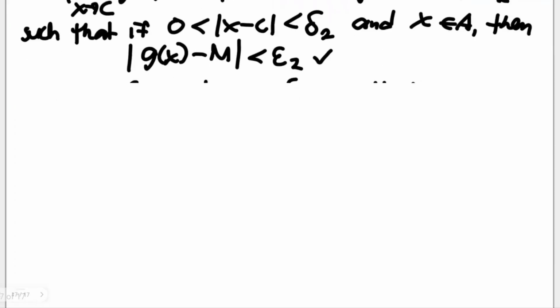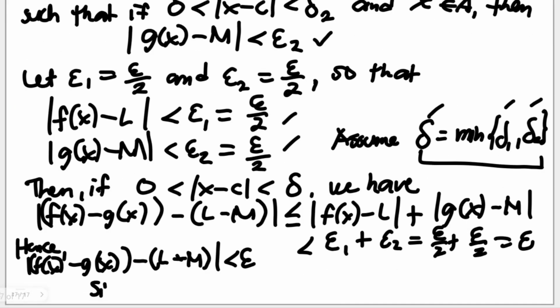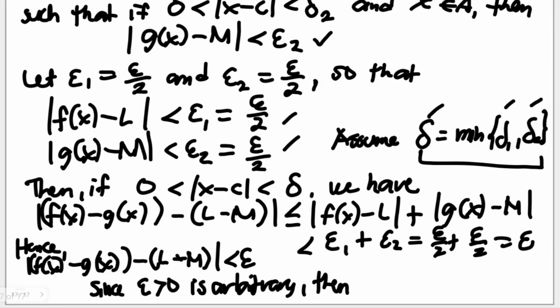Now, we can finally say, since epsilon greater than 0 is arbitrary, then the limit of the difference of two functions f and g as x approaches c is equal to the difference of their individual limits in exact order as well. So we have proven this